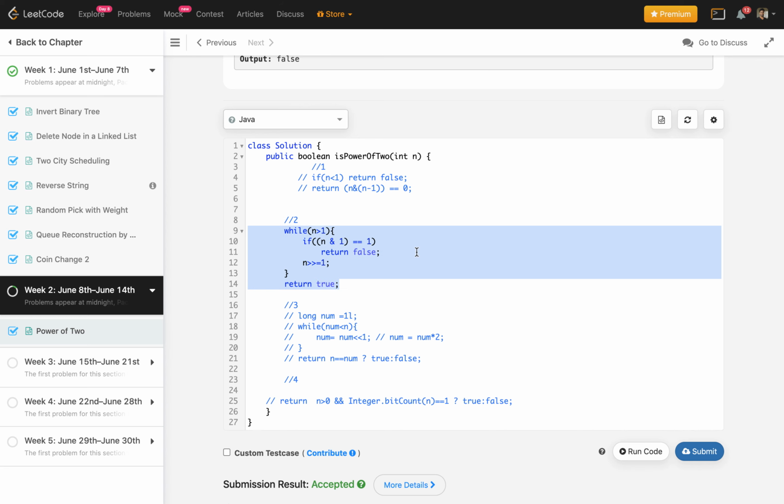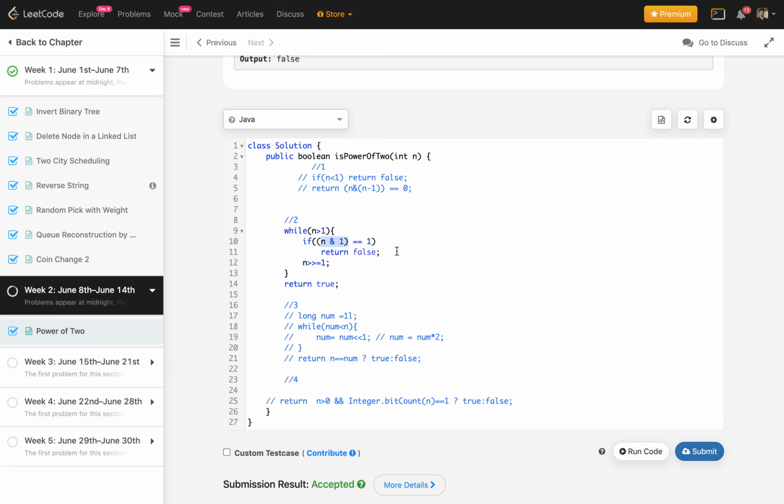This is similar to the previous method, but I'm not taking another number. What I'm doing with the number I currently have is checking it with AND 1.